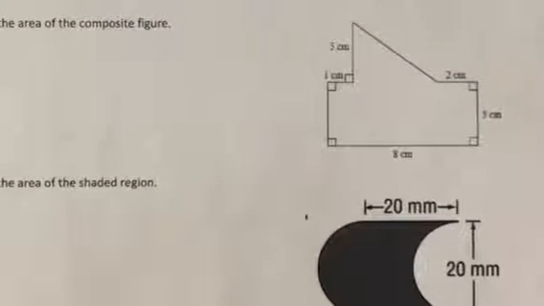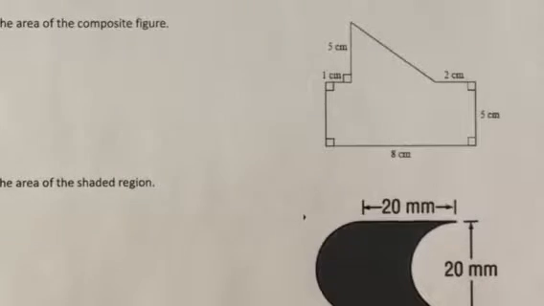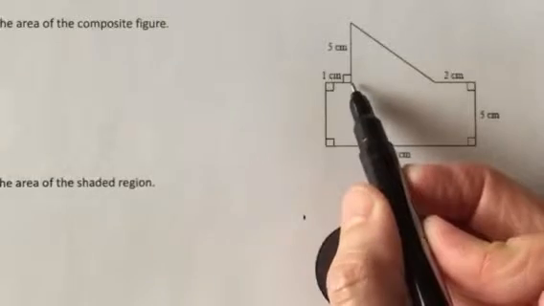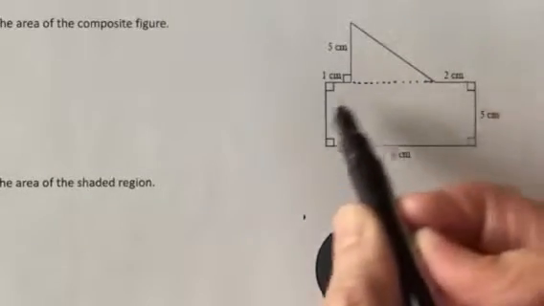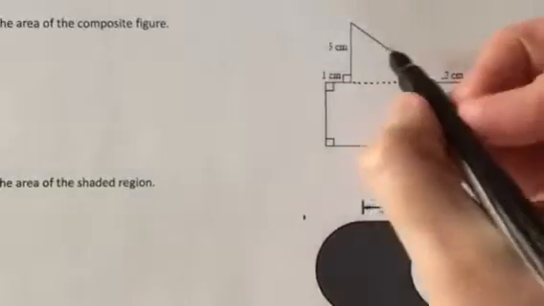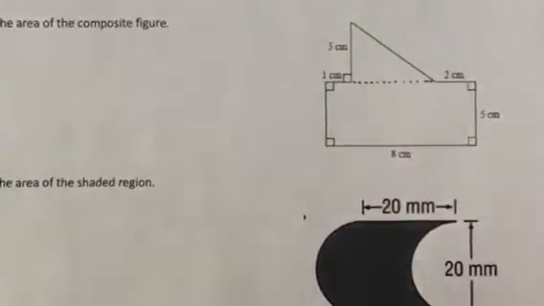Okay, we're on the 4th page of the Chapter 11 Geometry Review. Here we're going to find the area of the composite figure. So it's not a regular polygon in any respect. It's got some unique things happening. So what I'm going to do is pretend that I've drawn a line across here. And I'm going to find the area of this rectangle and the area of this triangle and add the two